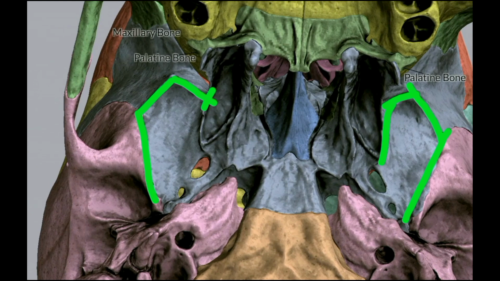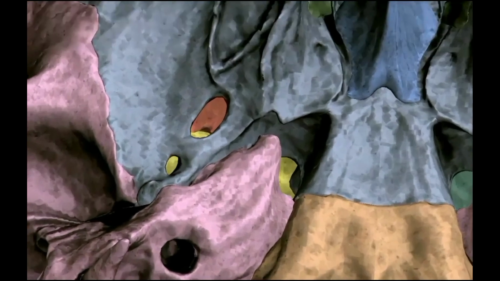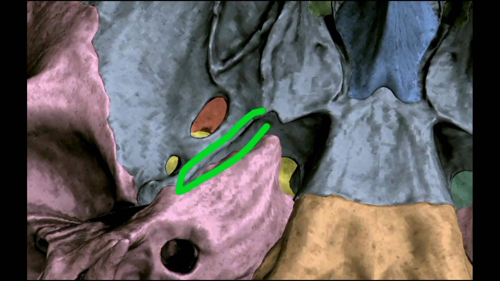Posteriorly, it is medial to the lateral pterygoid plate, and posteromedially it contains the foramen ovale and foramen spinosum. A bony sulcus lies between the petrous part of the temporal bone and this posteromedial portion of the greater wing of the sphenoid. That is the sulcus tubae, lodging the auditory tube in between them.